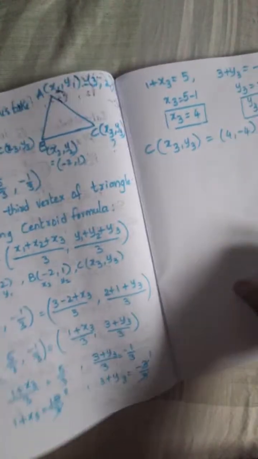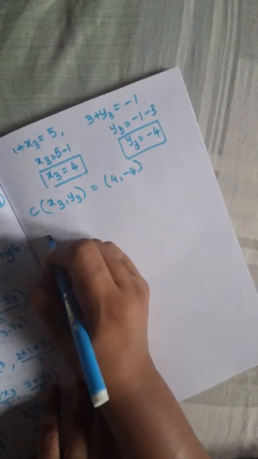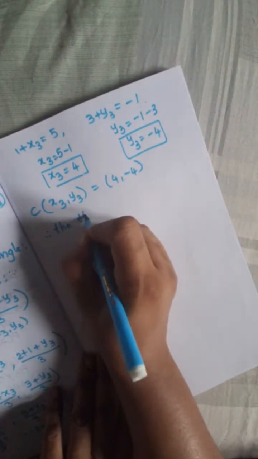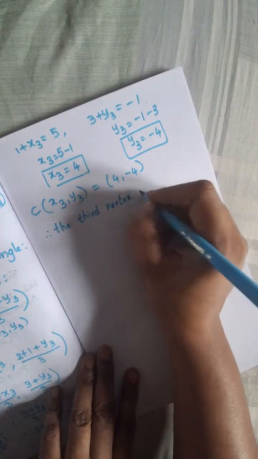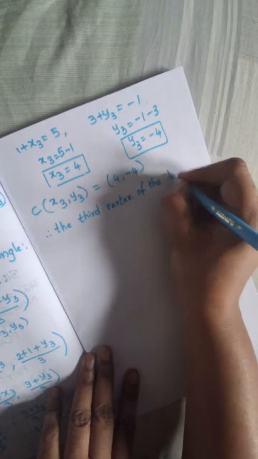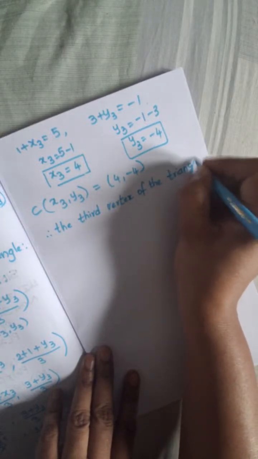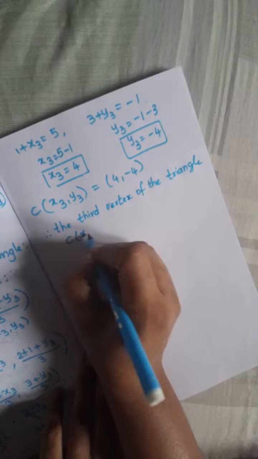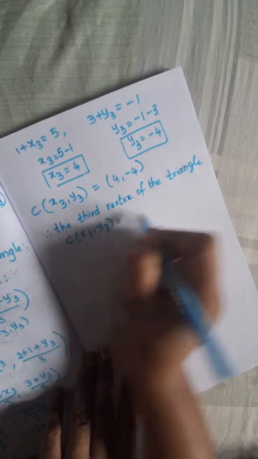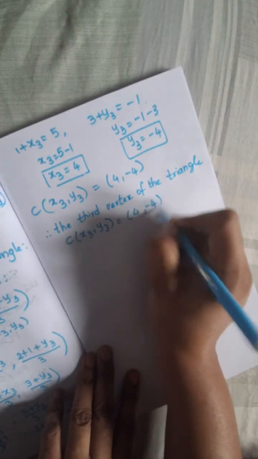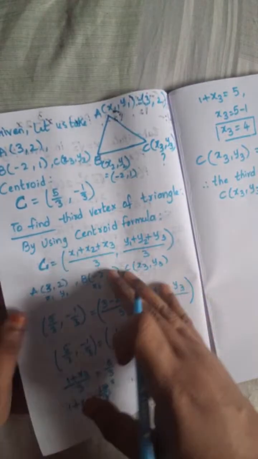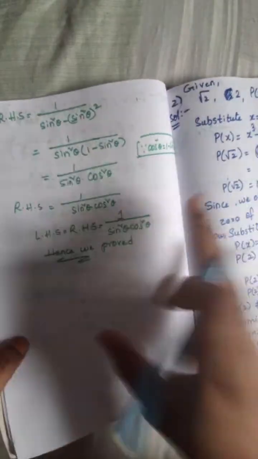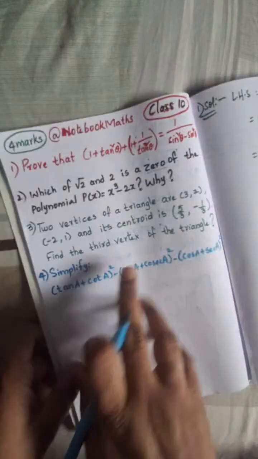So therefore the third vertex of the triangle is C, that is x3 comma y3, which is equal to 4 comma minus 4. Like this we have to easily solve the given problem. It is a very important problem, asked multiple times in many exams. So this was the third one, and last